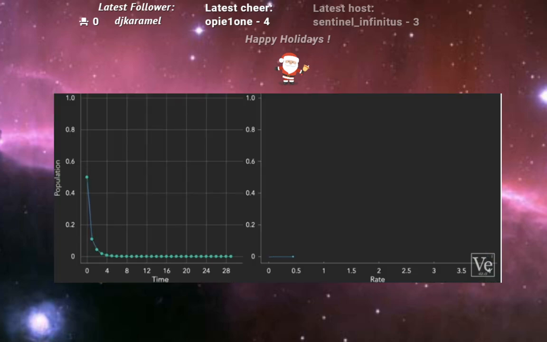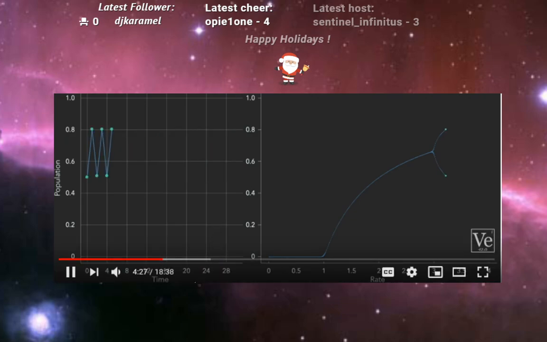Okay, for low values of r, we see the populations always go extinct, so the equilibrium value is 0. But once r hits 1, the population stabilizes onto a constant value, and the higher r is, the higher the equilibrium population. So far, so good. But now comes the weird part. Once r passes 3, the graph splits in 2. Why? What's happening? Well, no matter how many times you iterate the equation, it never settles onto a single constant value. Instead, it oscillates back and forth